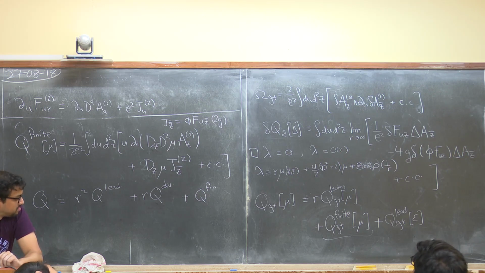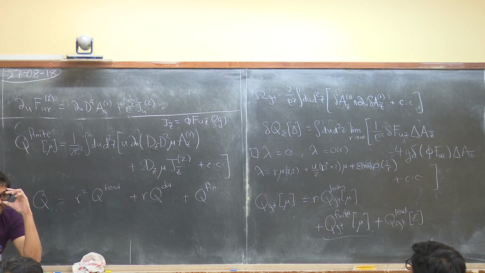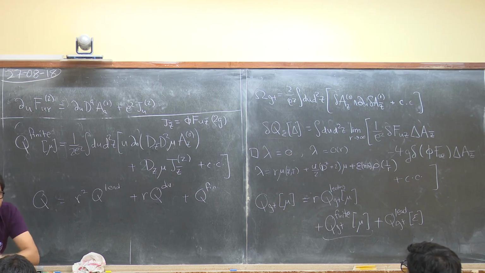If you work in A_u equal to 0, then how would... Yeah, then the set of symmetries, you would have to define it in some different way. You have to put in some other prescription that explains why the order r and order 1 terms are related. If there is some gauge invariant principle which says how these things are related, once you learn them, it will be nice. Yes, I completely agree.